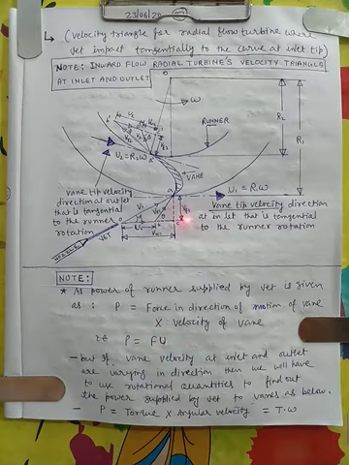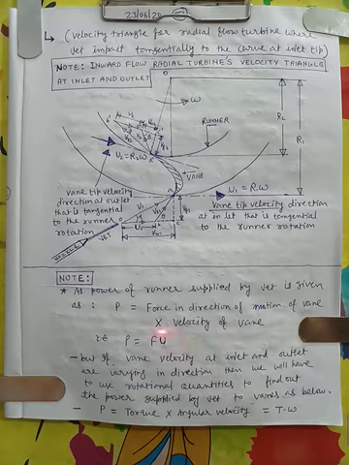But here we can observe that the direction as well as magnitude both are different. U1 magnitude is R1 omega, here U2 magnitude is R2 omega, and direction of U1 is tangential to this, and direction of U2 is tangential to this. So this relation cannot be used to calculate power in this radial flow turbine. Here we will use the rotational equations. Means for linear equation, force into velocity, where motion is linear, means direction is not changing.